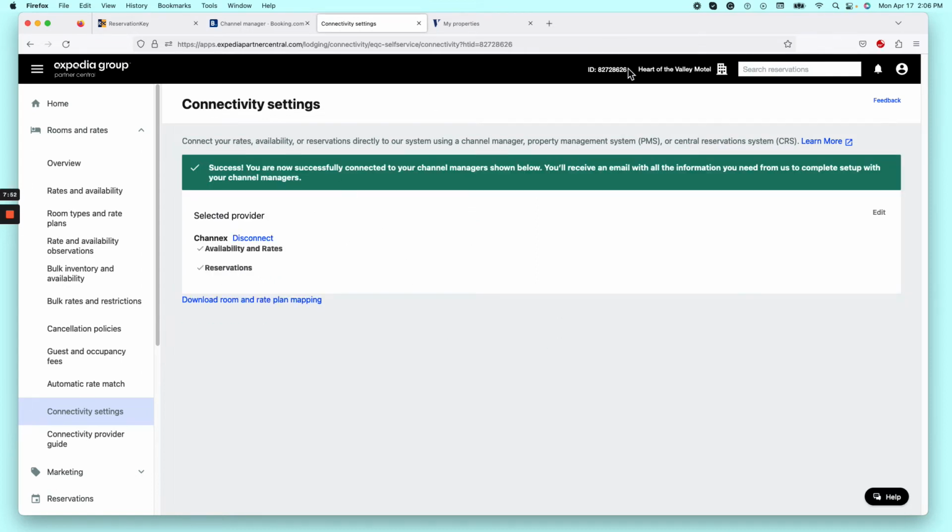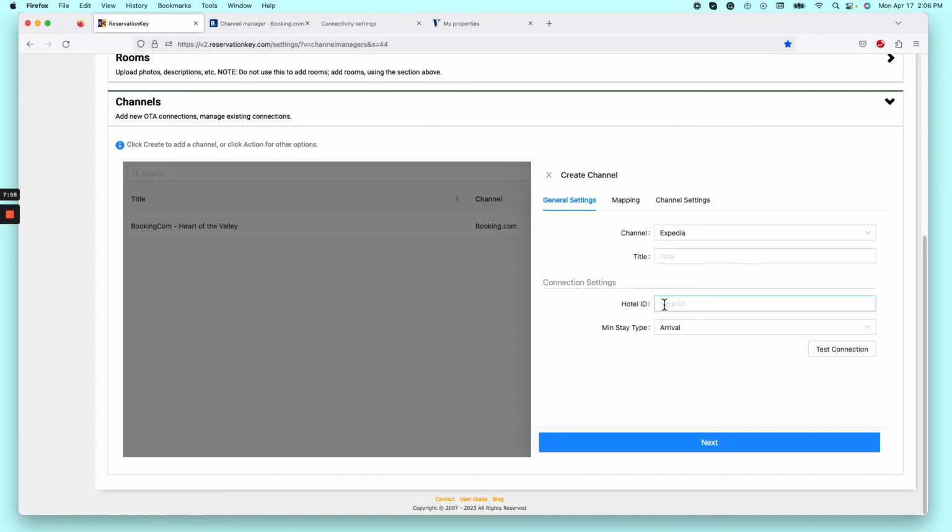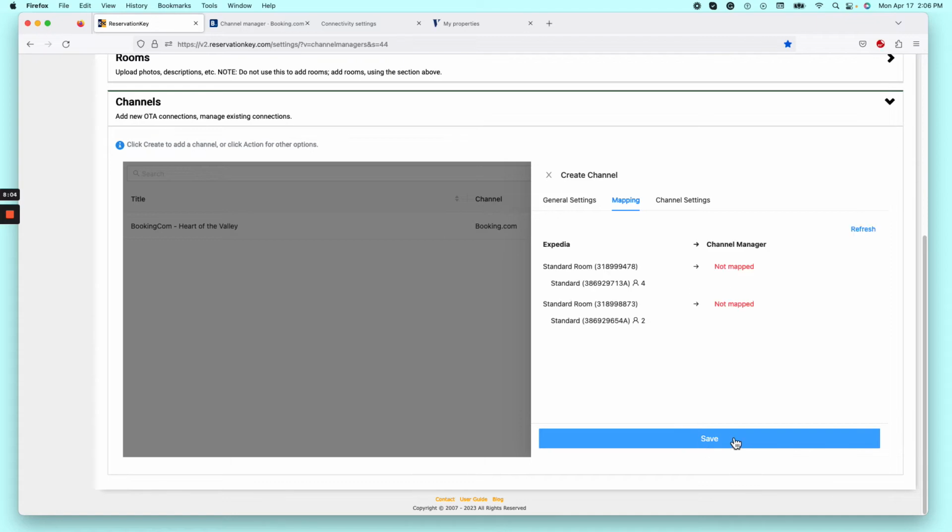Okay, again, grab that hotel ID, place it here, test, next. And here, because they're both titled standard rooms, I will have to double check in Expedia to see which matches with which. So ending in 713A,